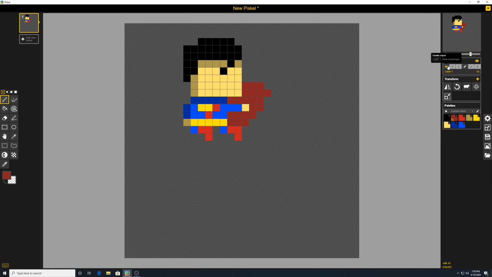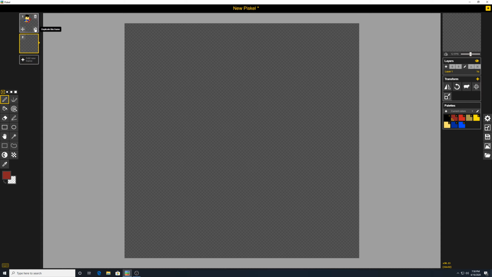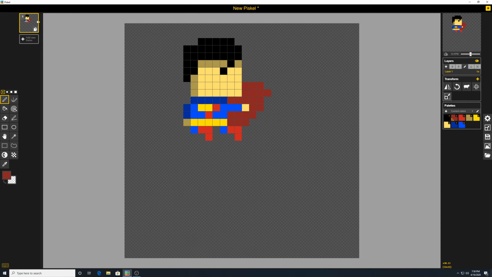That's our first part, and then I want to create a layer. I could add, or actually let's see here, I want to add a new frame, and actually let me do it this way. I want to duplicate this frame so I don't have to redraw Superman on here. So now I'm on 2 frames. I was on frame 1, now I'm on frame 2, and this time I want to use my eraser tool. So I'm just going to erase the top part up there, and then maybe erase a little bit of this next line,